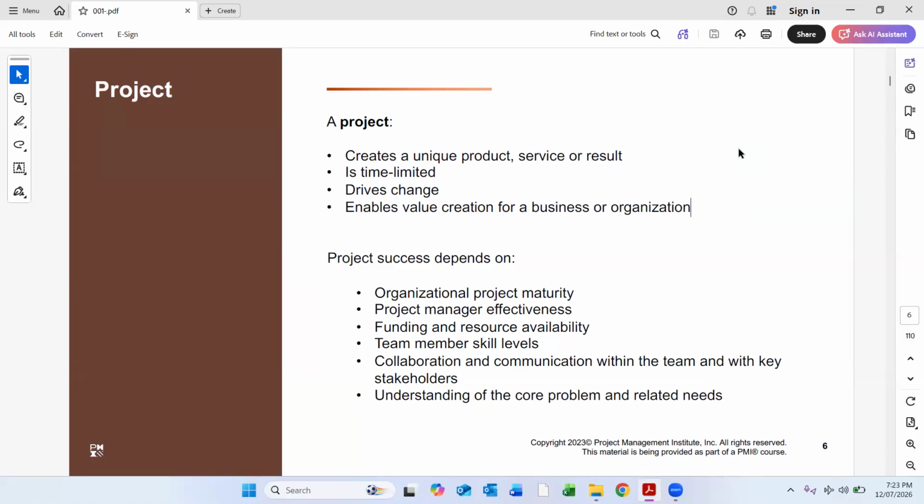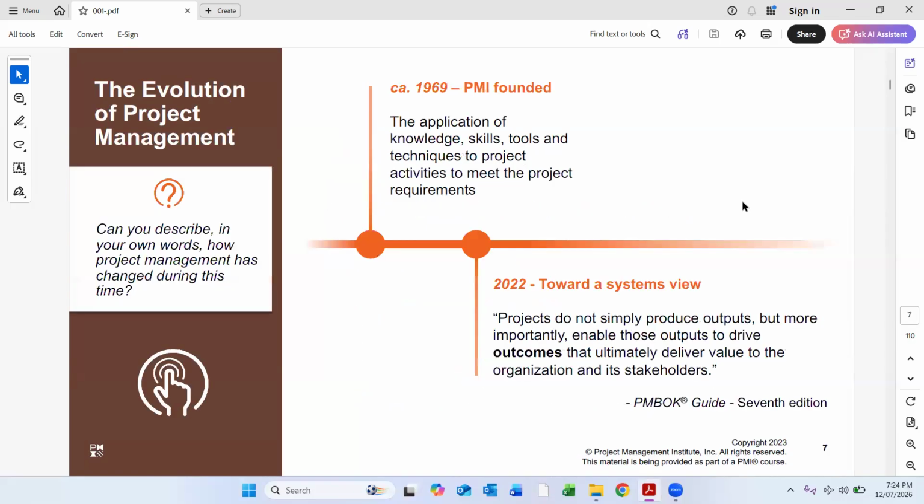That is, how much project maturity there is in the organization, how capable the project manager is, what the effectiveness is, how much funding or resource availability there is, team member skills, communication skills, and the project team members should understand the core problems.